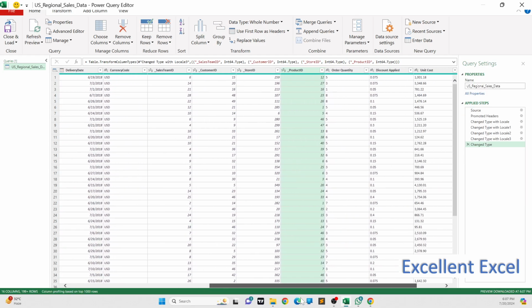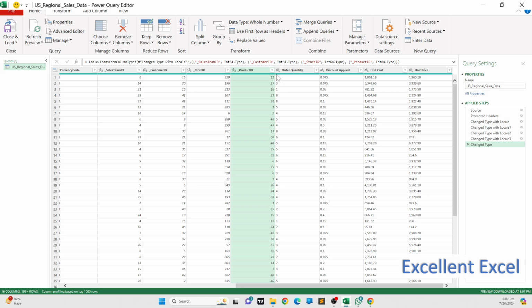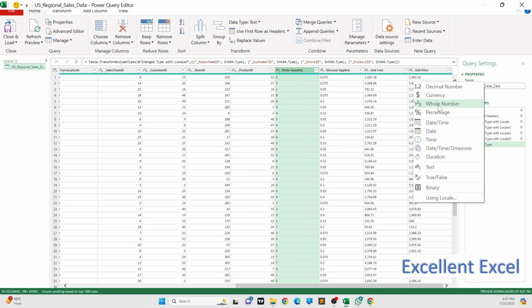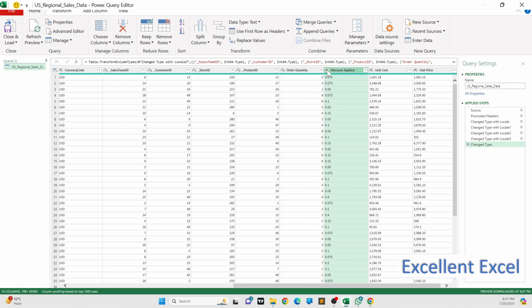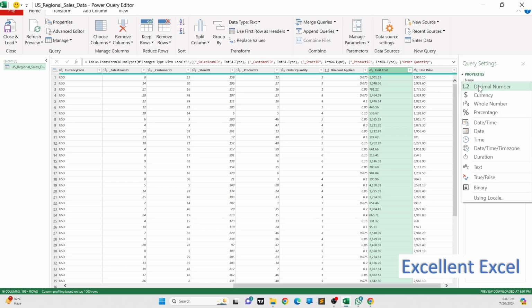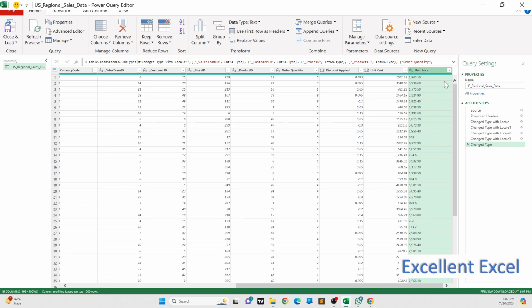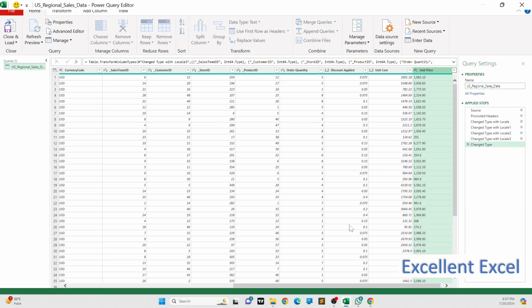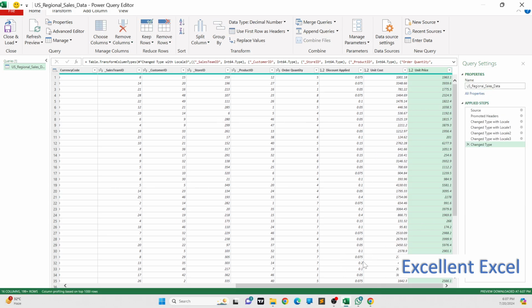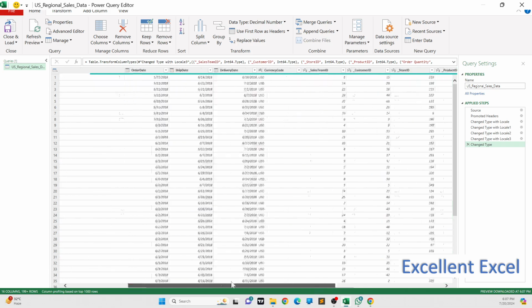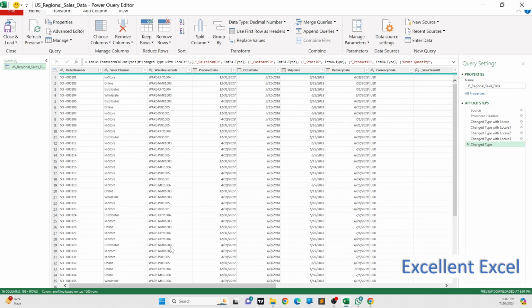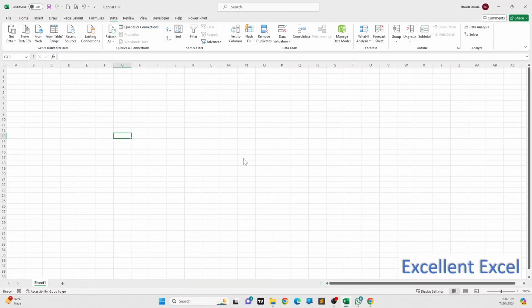Yeah, and this one also whole number. Discount, decimal. Unit cost, decimal. Unit price, decimal. Okay, so now we have loaded our data, we have corrected all these types, and now let's load this data